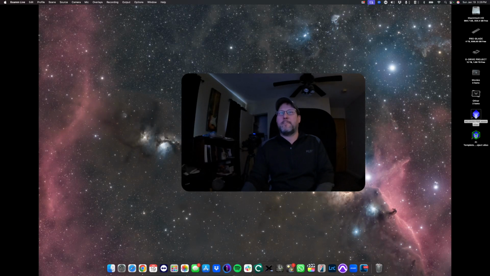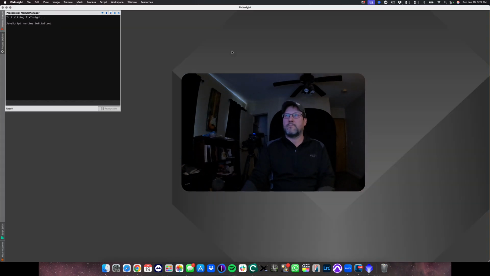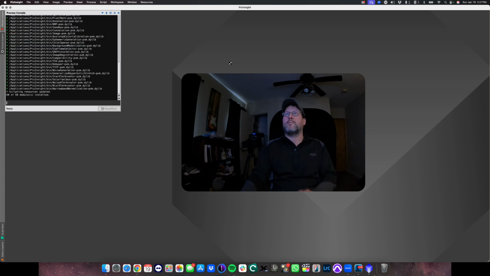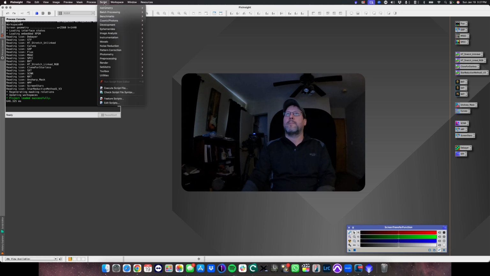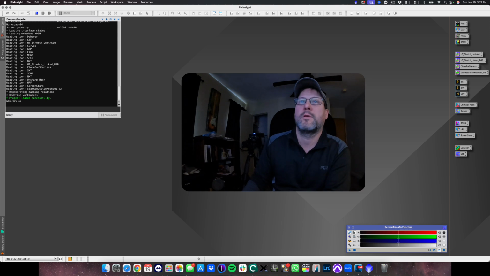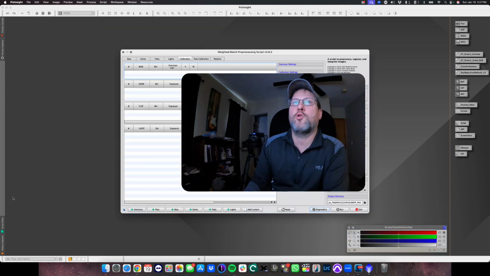All right, well, good afternoon, and we're going to run through a little pre-processing here. First thing I'm going to do is open up my PixInsight. And once that opens, first thing done is weighted batch pre-processing. And once this opens up,